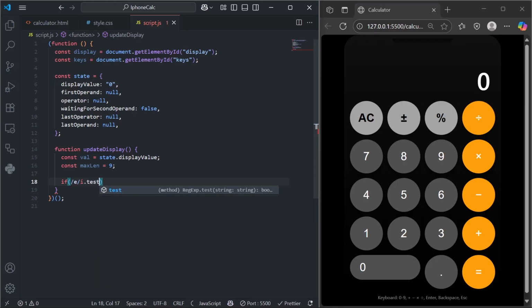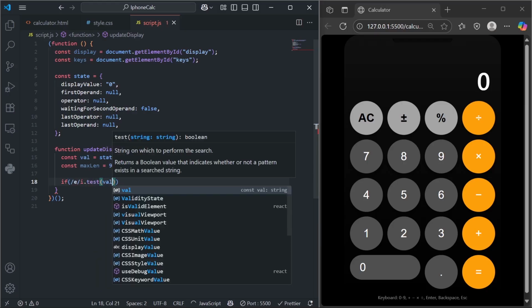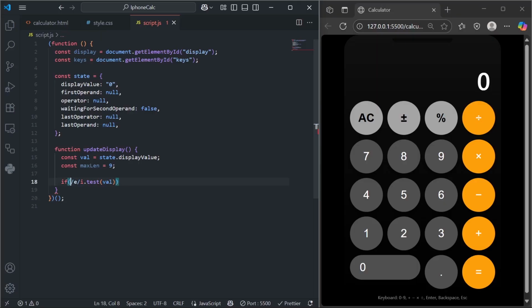I'm coming dot test value. So dot test val like this. Now this is a regular expression. So what I'm trying to say is that in this variable that I have here, I'm going to check if there is e inside, and this i means lowercase or uppercase. So if there is e inside this variable,